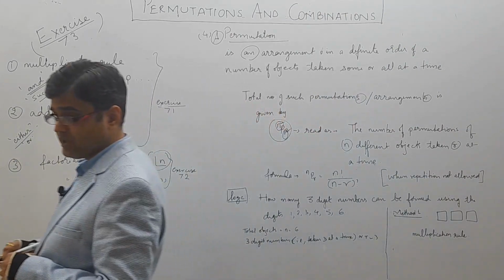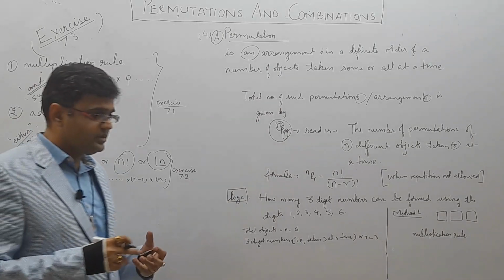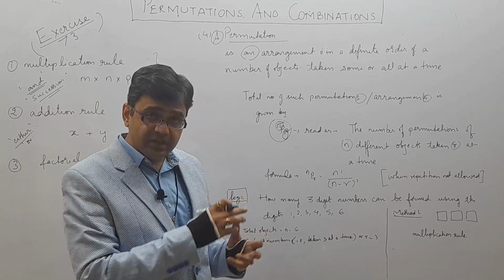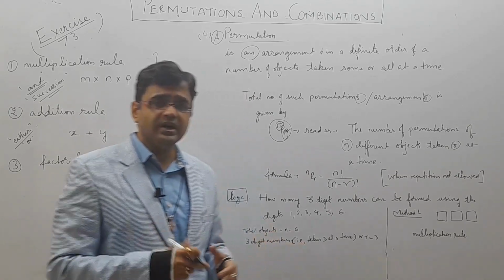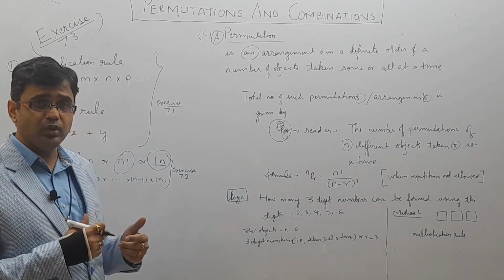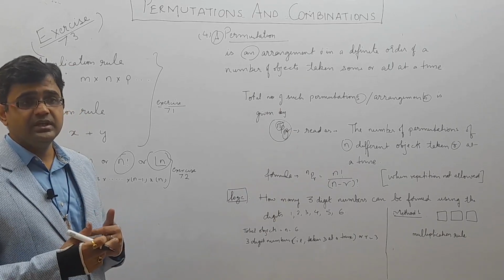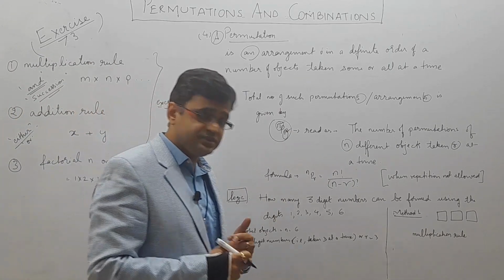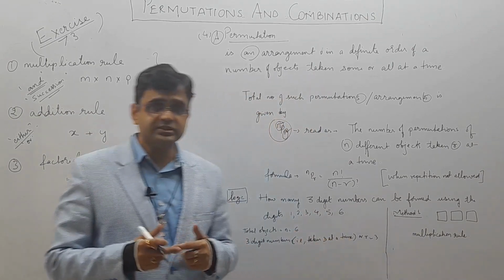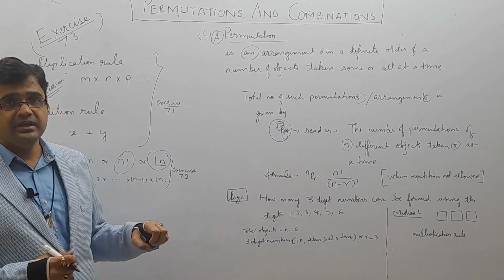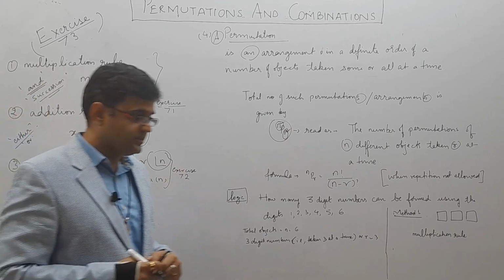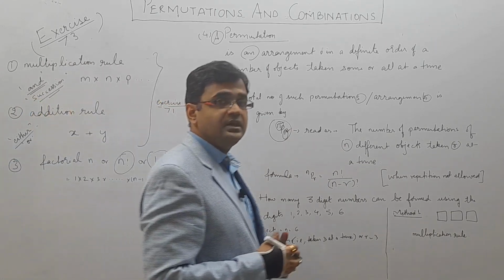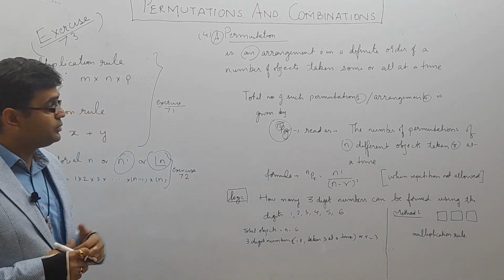In exercise 7.1 there were questions on making a 3-digit or a 4-digit number with the given digits. That was nothing but arrangements, because when you are making a number with 3 digits and you keep changing the position of the digits, the number keeps changing. So that means arrangement is important there. The same arrangement is called permutation. Only thing is it's an extension. There are a few more additions in this concept, in addition to the multiplication rule.